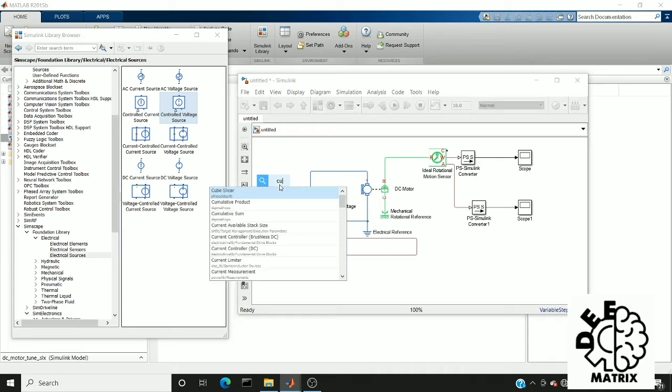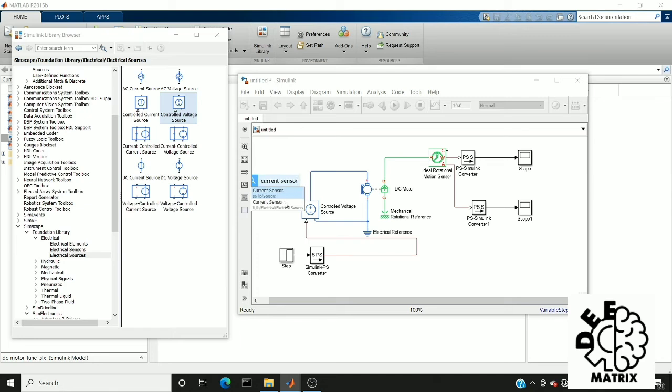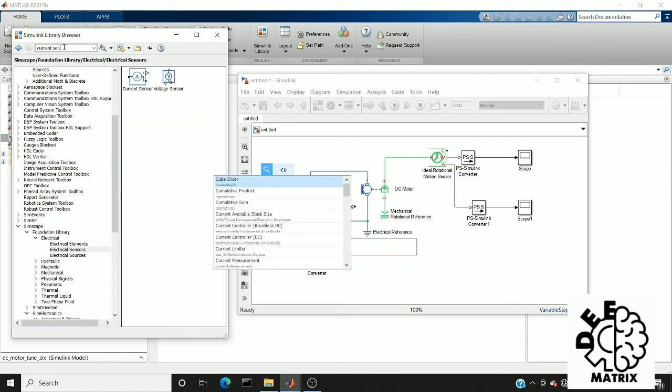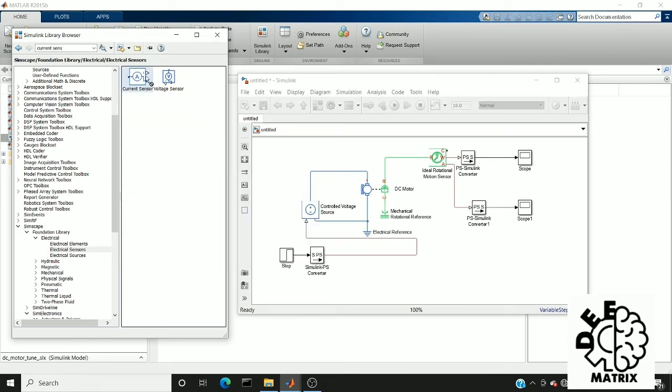In order to visualize the current value, I'm searching for the current sensor, under electrical sensors.